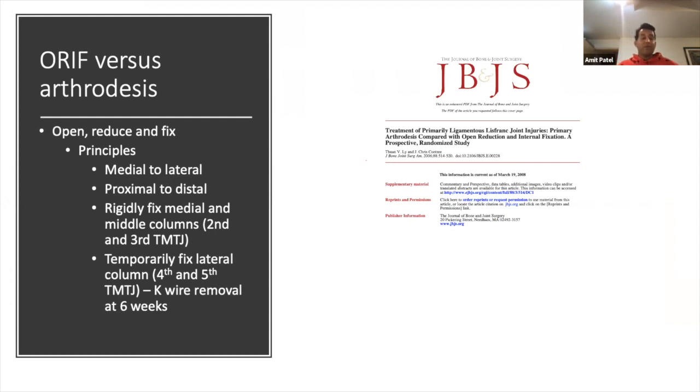And when you're in theatre with your boss, the principles to discuss with him are how you are going to assess the injuries and how you are going to fix them? The way I do things is I work from medial to lateral, and I work from proximal to distal. So I'm looking to fix the medial structures sequentially from the first ray to the middle rays to the lateral rays. Your medial rays and your middle columns are originally fixed with plates or screws, and your lateral rays are